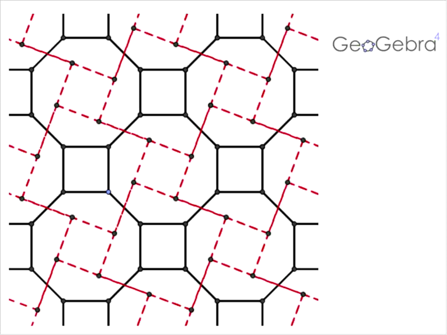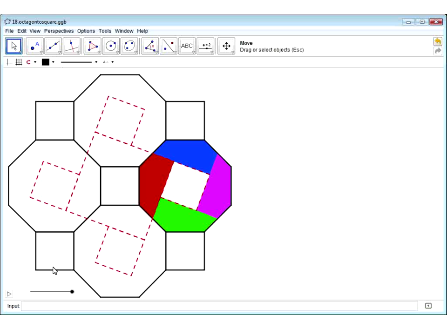A more appealing one is with this semi-regular tessellation. The little red squares that you can see are the same size as the little black squares. So what this amounts to is that the remaining pieces are going to turn a square into an octagon. And again, to see how that works,